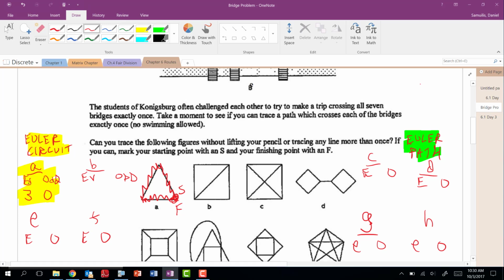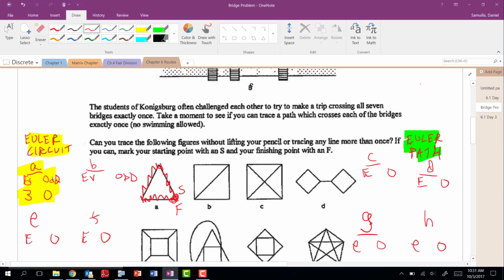But anyway, how many even degrees are in this drawing? And we went through that in class: 2, 2, and 2. So there are 3 vertices with even degree and none with odd. And we discovered, or remembered from yesterday, that when you start at a vertex and then end at the same one, that's called a Euler circuit.